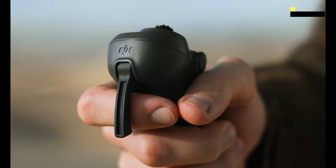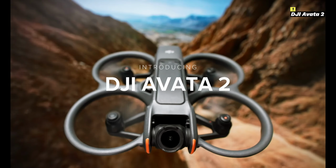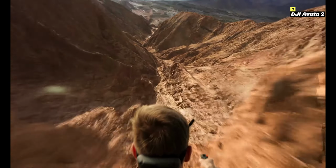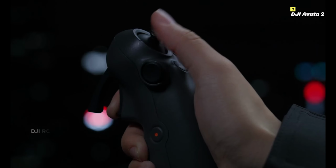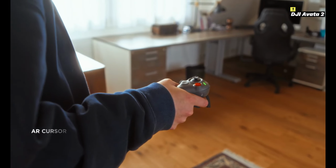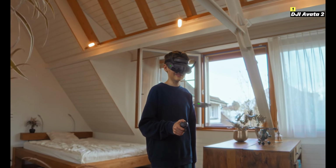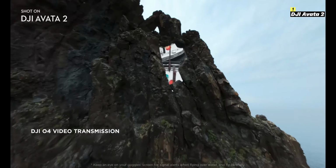Let's get started. Number 1 on this list is DJI Avata 2. The DJI Avata 2 elevates the FPV drone experience to new heights, blending cutting-edge technology with user-friendly features. Built with a sleek, durable design, the Avata 2 is perfect for navigating tight spaces and capturing fast-paced action. Its robust frame and enhanced safety features, including an advanced obstacle avoidance system, make it a reliable option for both seasoned pilots and beginners. At its core is a high-performance 4K camera that delivers breathtaking video quality with improved stabilization